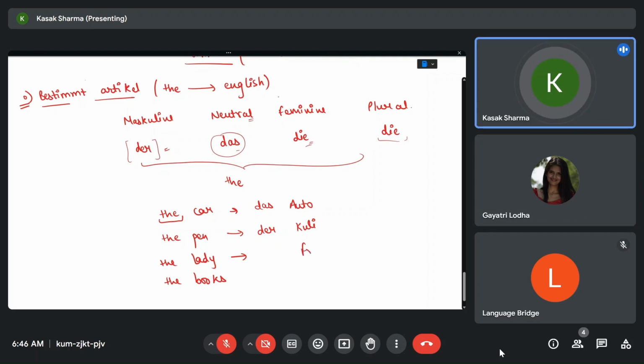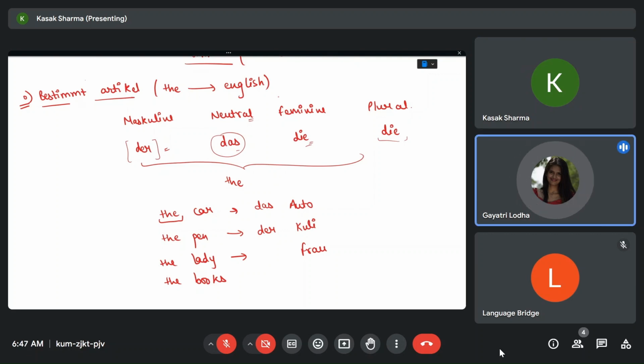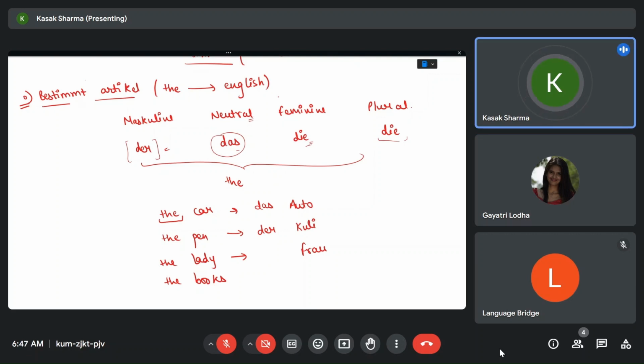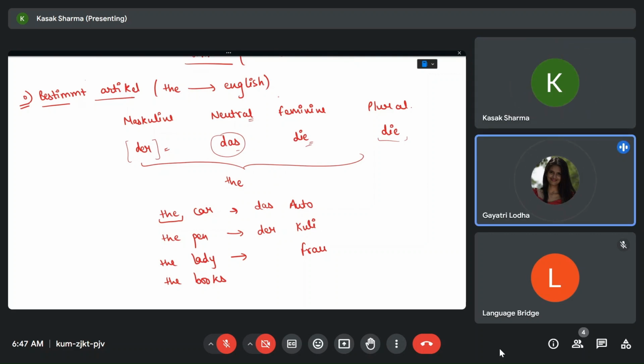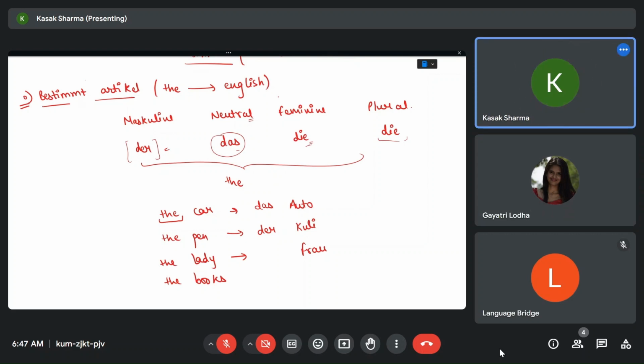The lady in German is Frau. Okay, I guess in French, Frau is there, or Spanish. Not for the word lady. But they do have Frau. I don't think it exists in French. It's in Portuguese, I guess. Portuguese. Okay. Now, yes, this is your feminine.